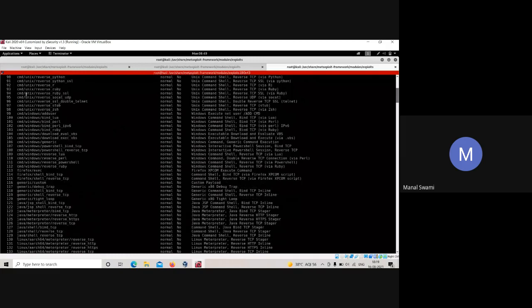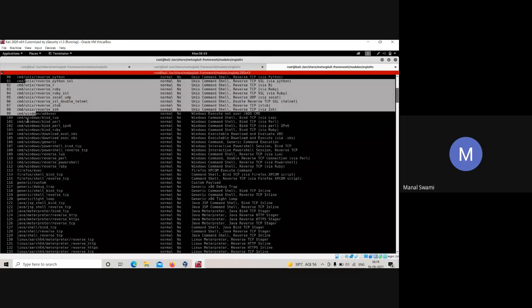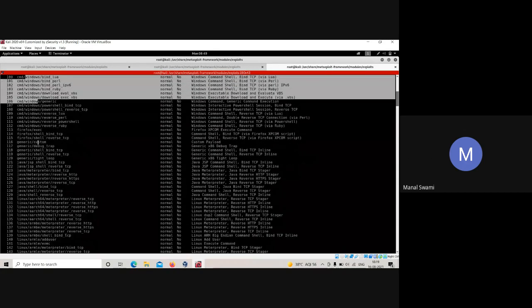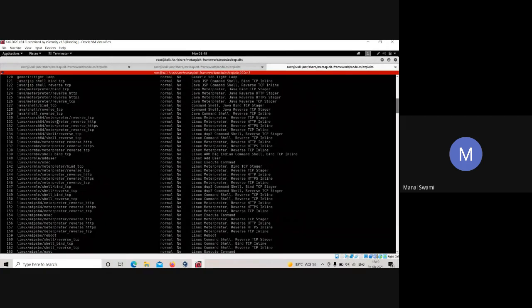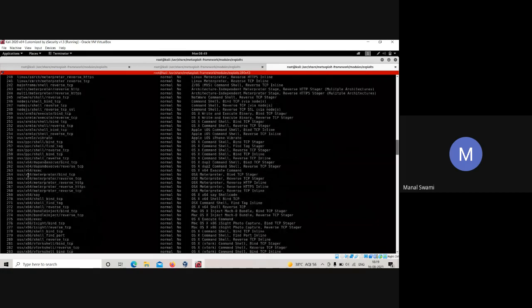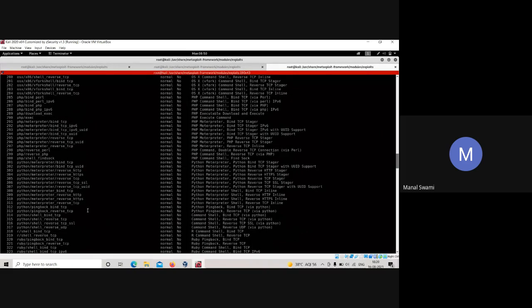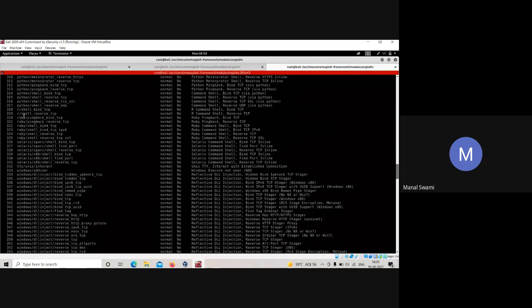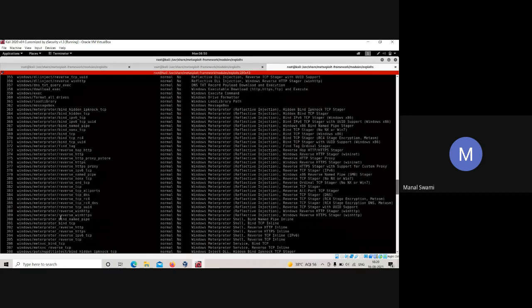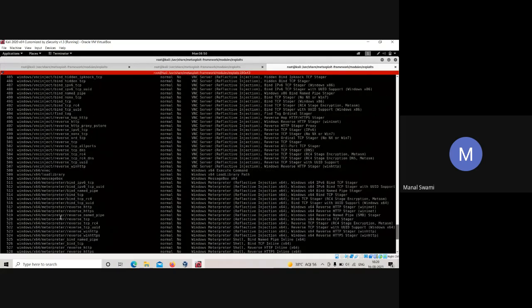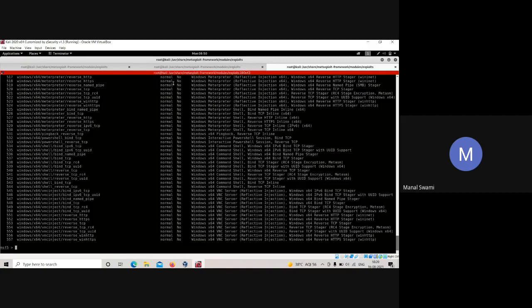These are all for Unix. Then Windows. Then you'll get Meterpreter, again Linux over here. Then these are for Java. OS X is for Apple. If I go down, these are what are used to hack into different kinds of systems.